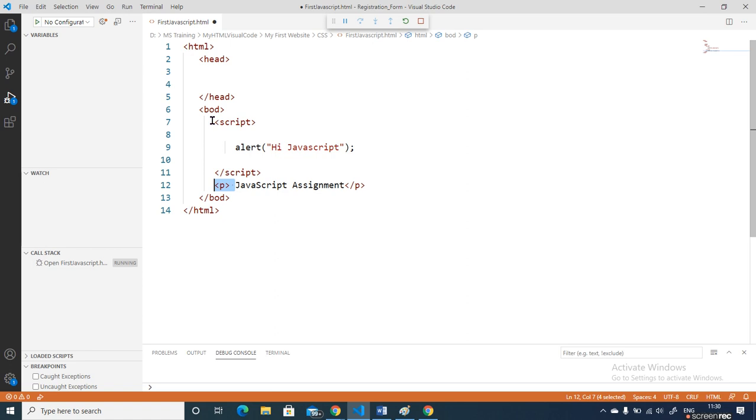Same way, when something is there in the script tag, it means there is JavaScript, and I need to take action on this alert.